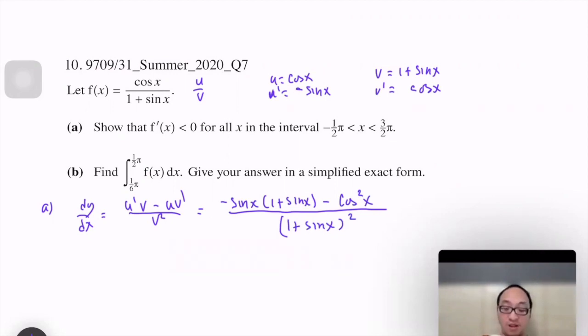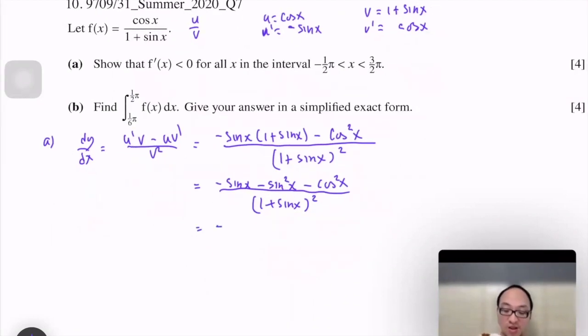And then simplify: negative sin x minus sin² x minus cos² x over (1 plus sin x) squared. This is minus sin x minus 1, since sin² x plus cos² x equals 1, over (1 plus sin x) squared,